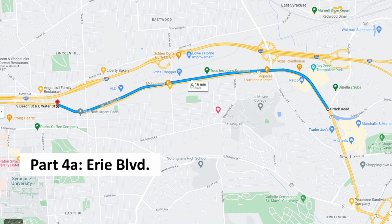So Erie Boulevard, we're going to look at this in two parts. Like I mentioned, when Water Street ends, you're going to cross over Erie Boulevard, and that's a pretty clear bike lane over there. You're going to come down a little ways. There's going to be an intersection. You're going to cross over Erie Boulevard, pick up a bike lane, and then that bike lane is going to be on the